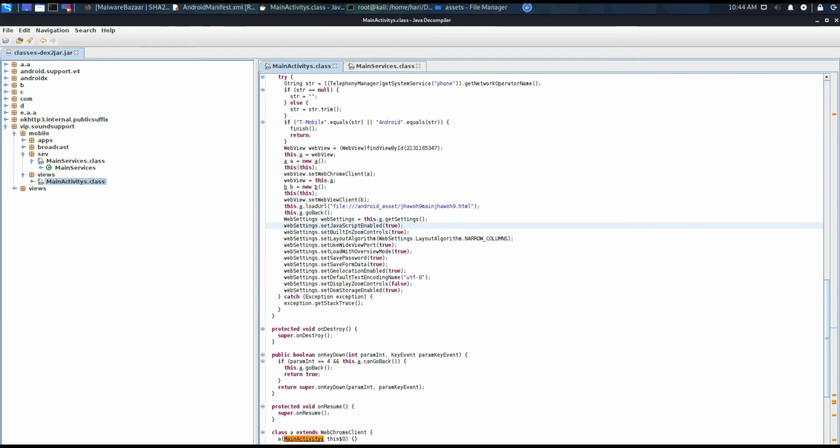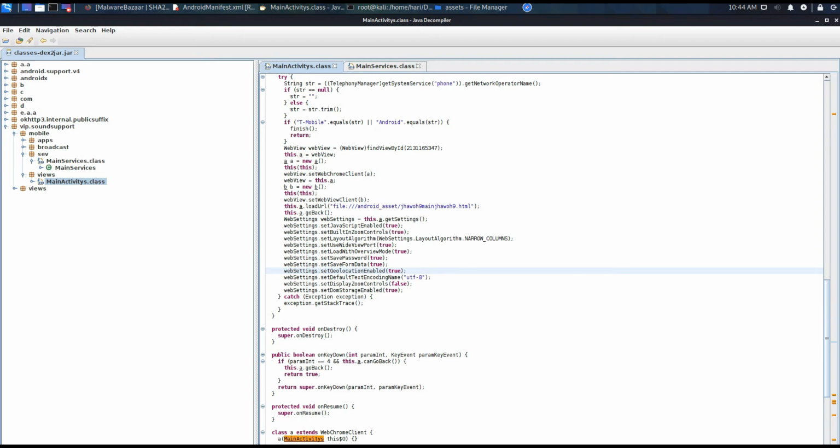And if you want, we can see this. You can see set save password. To save the password, he is using set save form data, which means whatever input fields you are entering inside the browser, like login password, search box or credit card information, all these fields will be saved here. The attacker can also get your geolocation, where exactly you are, in what latitude and longitude. The exact location of the device will be captured by this. So that's the reason I said you should not open it directly inside a browser.